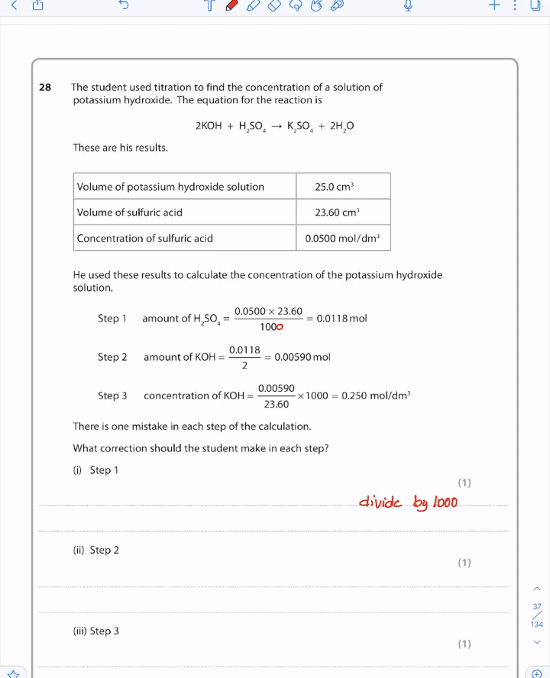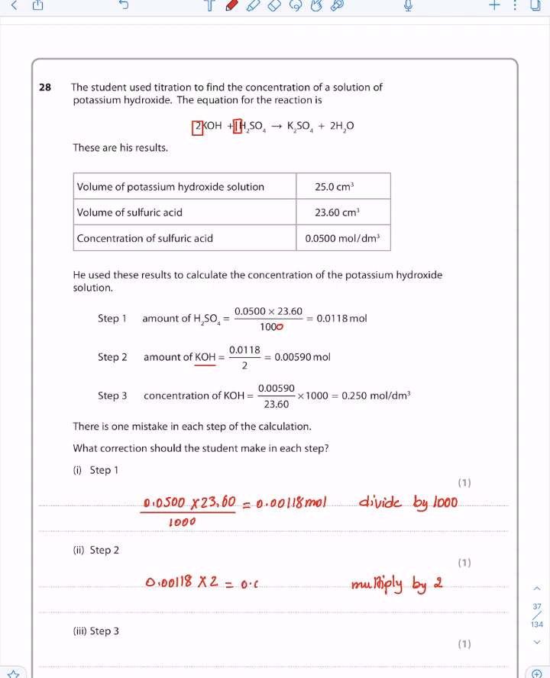يعني step 1 المفروض تبقى 0.0500 times 23.60 divided 1000. يعني كان المفروض تطلع 0.00118 مول. step 2 المفروض ان هو عشان يجيب الاماونت اوف potassium hydroxide الريشيو 2 potassium hydroxide ل 1 سلفوريك، يبقى المفروض يجيب المولز بتاعت السلفوريك اسيد 0.00118 يعملها times 2 not divide by 2. يبقى هنا الكوركشن هيبقى multiply by 2، يعني مش تعمل dividing على 2، تعمل multiplying by 2،